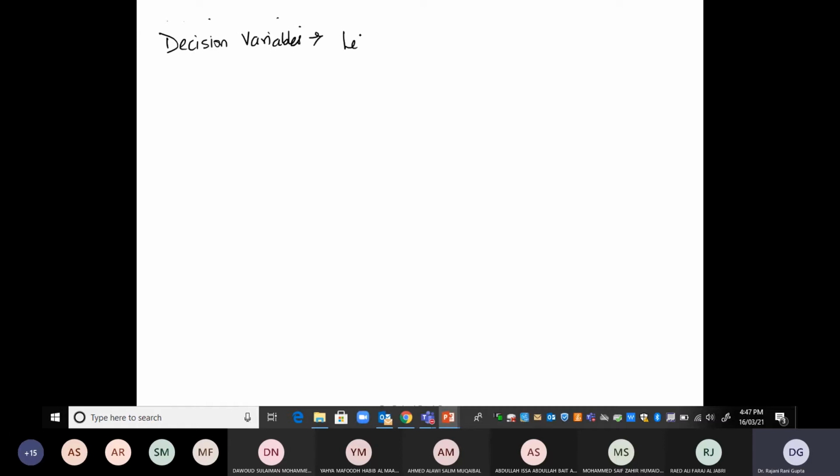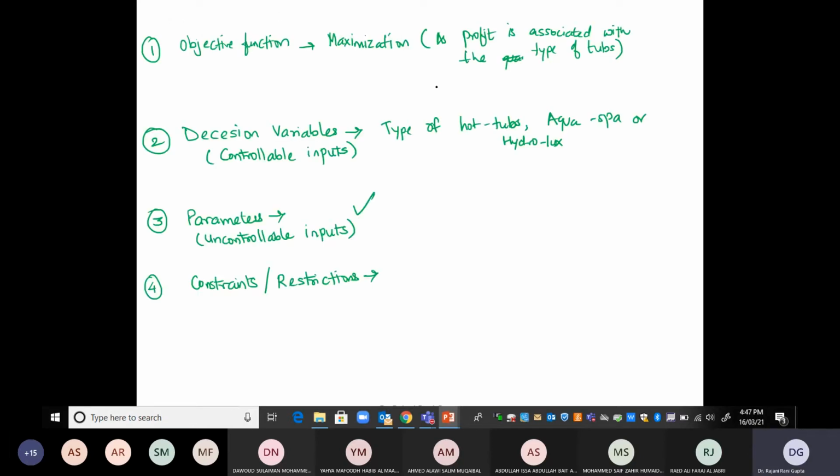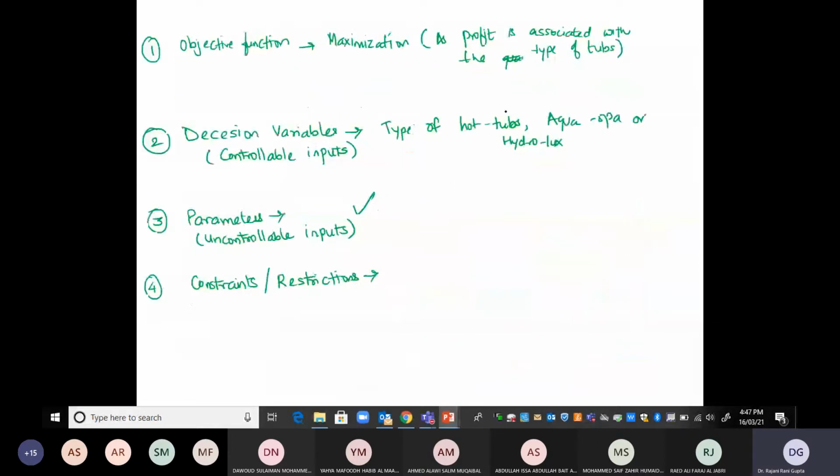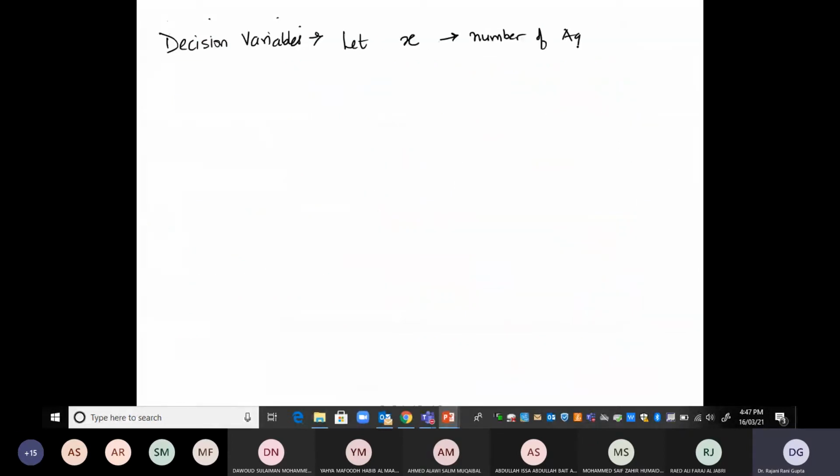So let X denote the number of Aquaspa tubs, and Y denote the number of Hydrolux tubs to be manufactured. Okay, so if this denotes this quantity, then